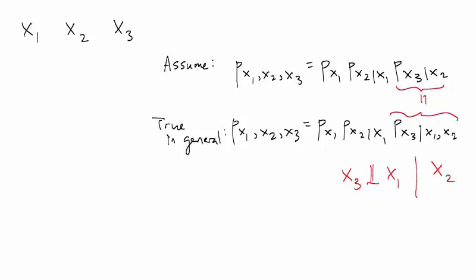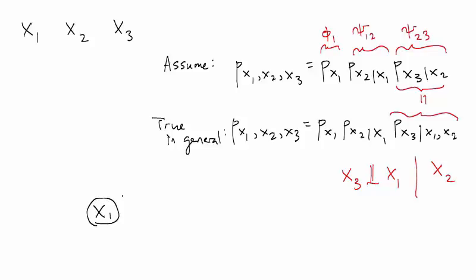Now let's look at what the graphical model is. So first off, we have a piece that only depends on x1. We're going to call this phi1. And then we have a piece that depends on x2 and x1. So this will be psi1,2. And then here we have a piece that depends on x2 and x3. So psi2,3. And so the graphical model is going to look like, first we have random variable x1, which